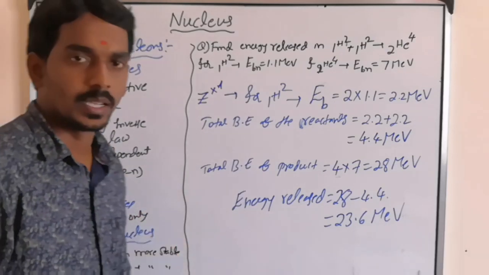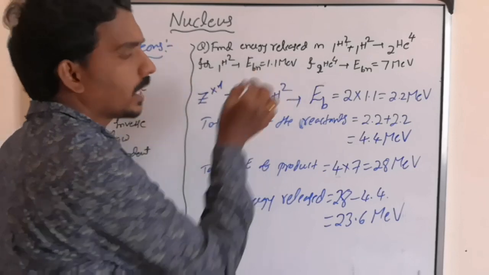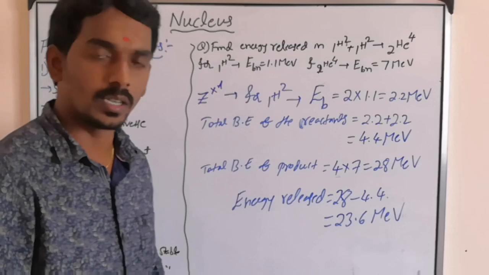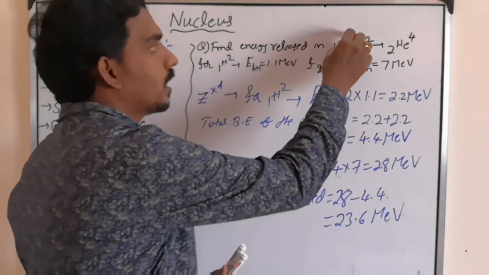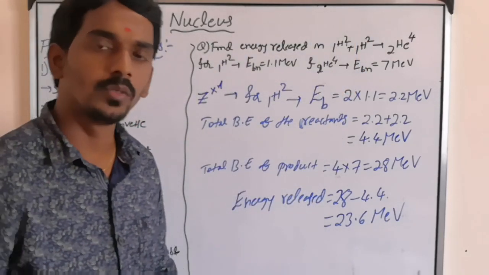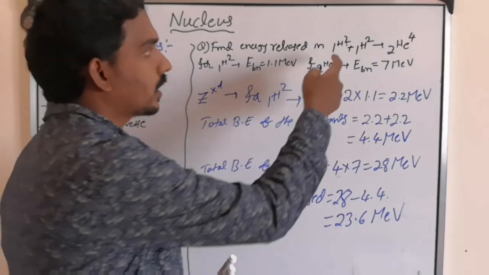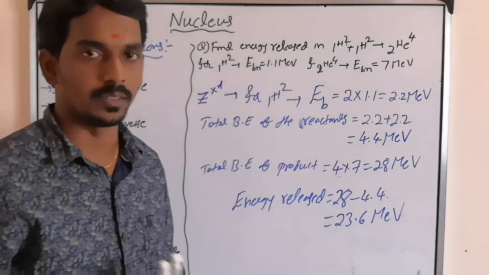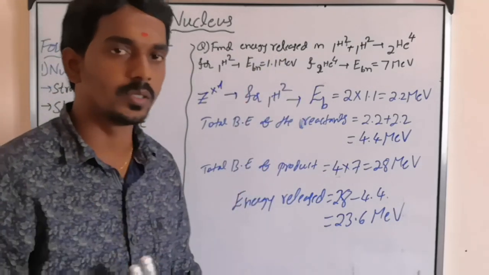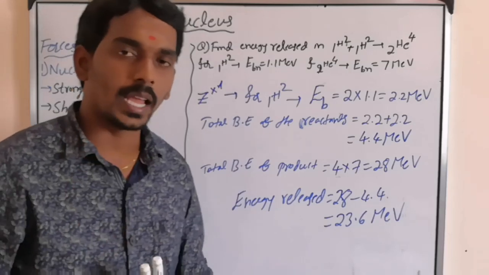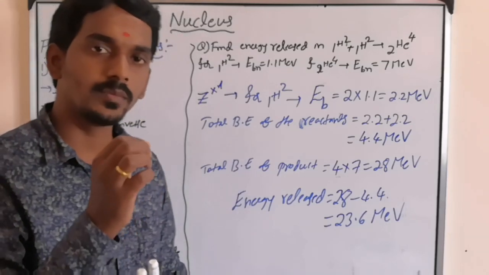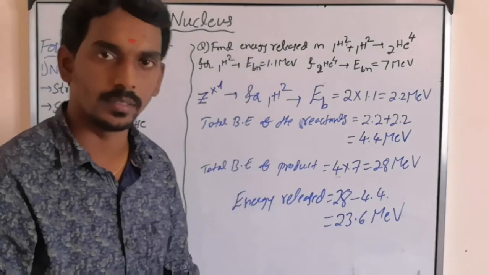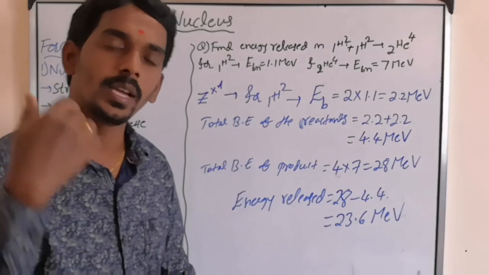Sometimes, I am telling you, they will not give this directly. They will give the mass of proton, the mass of neutron, then the mass of 1H2. Then how will you do it? Then you have to find the constituent mass of 1H2: 1 proton, 1 neutron. Listen carefully please. 1 proton, 1 neutron. So what is the formula for the calculated mass? Z times Mp plus (A minus Z) times Mn. That value you have to get, because they will give the Mp value and the Mn value.